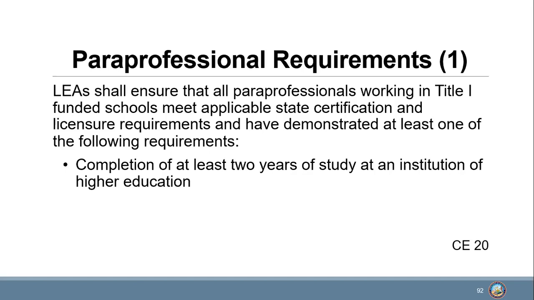Last but not least, we have CE20. This is our paraprofessional requirements. This item mentions that LEAs will ensure that paras working in Title I funded schools are qualified and meet state certification and licensure requirements in at least one of three ways. So the first way that your paras